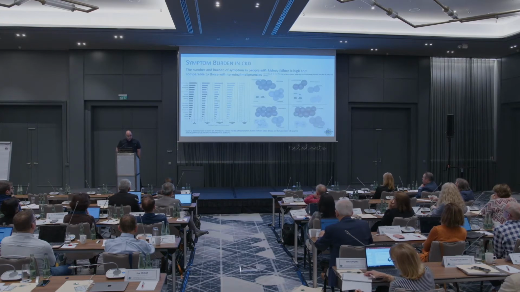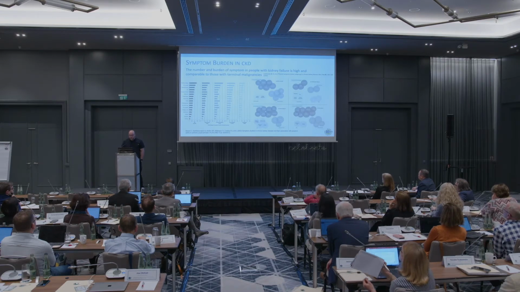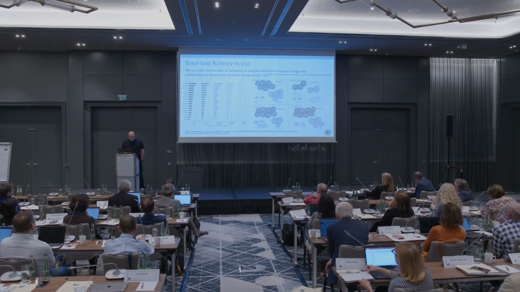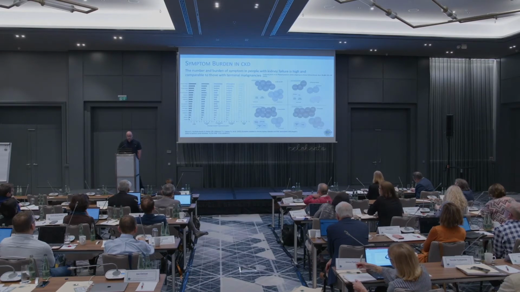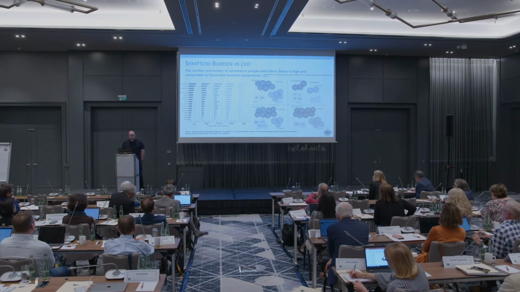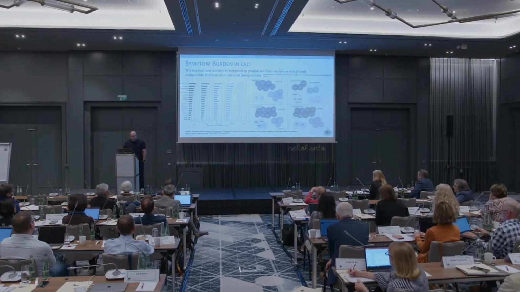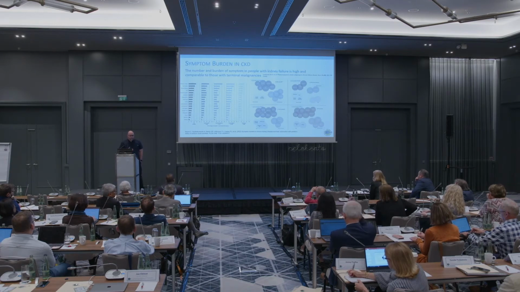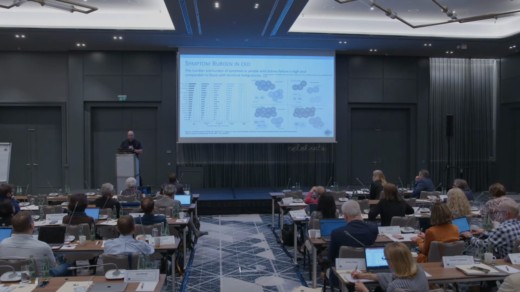So we've already talked a lot about symptom clustering. I think this is a really interesting area. So we know that the number and burden of symptoms in people living with kidney disease is comparable to those with terminal malignancy. So symptoms are very common and debilitating. And this is a fairly recent study looking at symptom clusters across different stages of kidney disease or modality. And overall, there is some consistency in how symptoms cluster together, which I think is quite important.